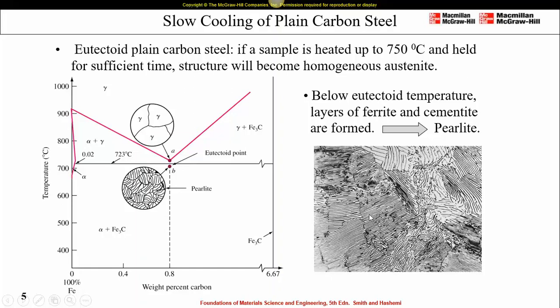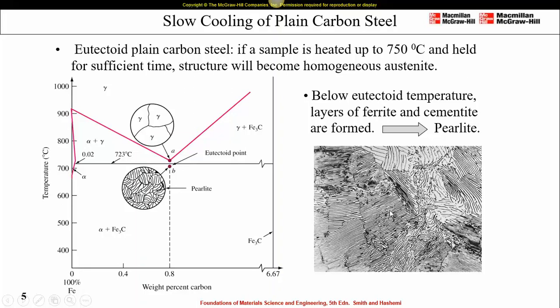We observe the layers of alpha and iron carbide. This structure is named pearlite. Note that very often iron carbide is called cementite. We could say that pearlite is made of layers of alpha